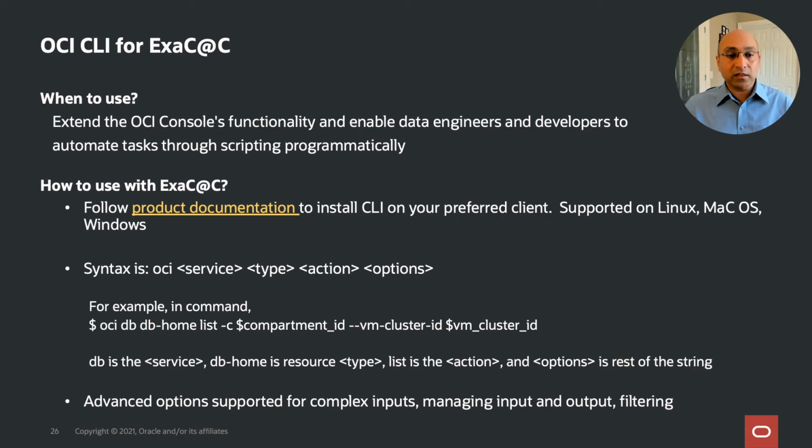So in this particular command, DB is the service name, DB home is the resource type, list is the action, and options is the rest of the string, right? Again, advanced options are supported for lots of different complex inputs, managing input and output all through the CLI commands, as well as a lot of very advanced filtering capabilities. So definitely recommend to look more at the product documentation to see what capabilities we have in the OCI CLI